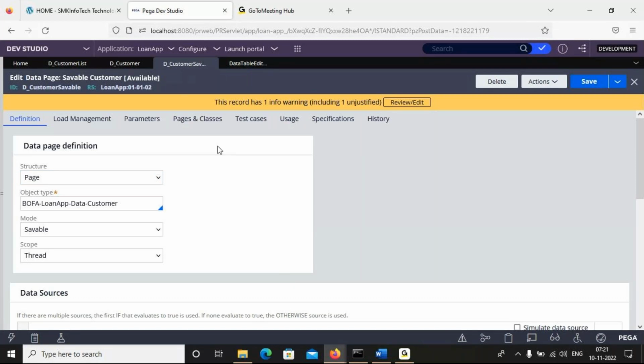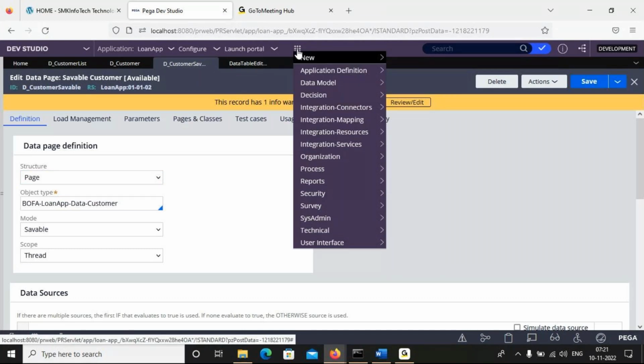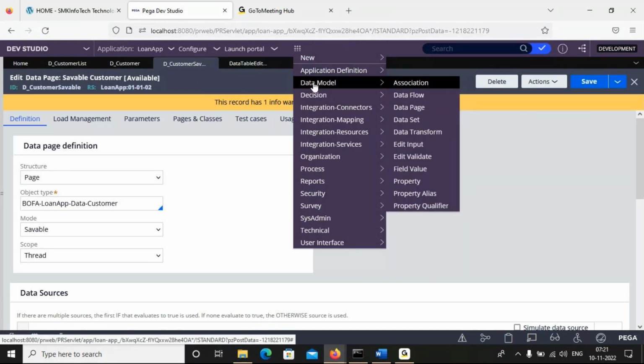That is when we are inserting the data, that time we can get some idea. As of now, just note it theoretically. I will tell you in the activity time what savable is. As of now, only fetching purpose, but you don't know what the reverse direction means. That's why. So now, how these databases are created by the Pega tool automatically, I will create manually for you. Under the data model, we have database.